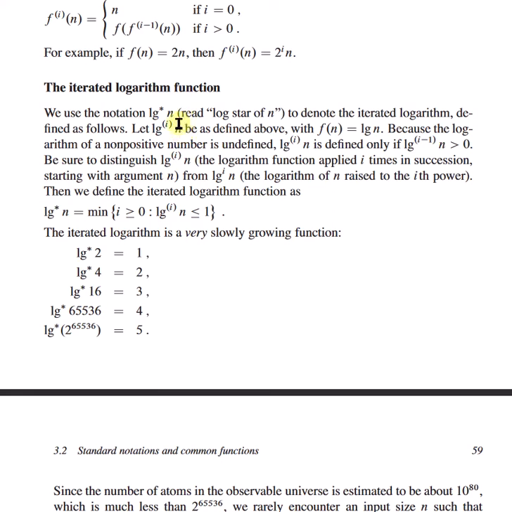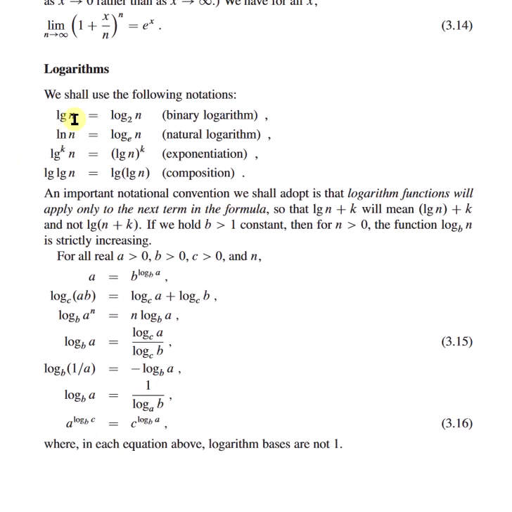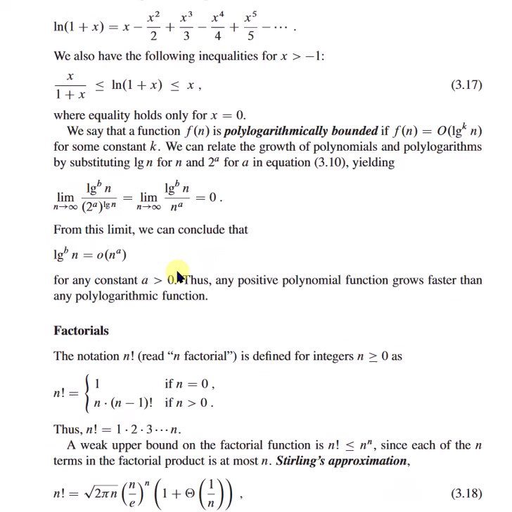The iterated logarithm function is defined as follows. To denote the iterated logarithm, let lg superscript i of n be defined as above, with f of n equal to lg n. We need to remember that lg is the binary logarithm to the base 2,